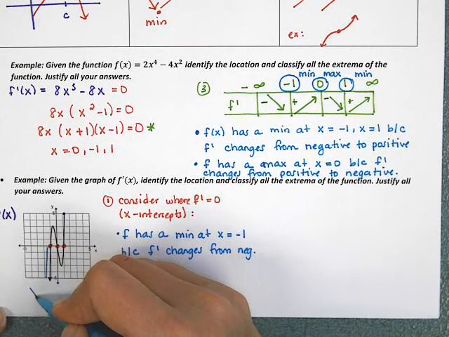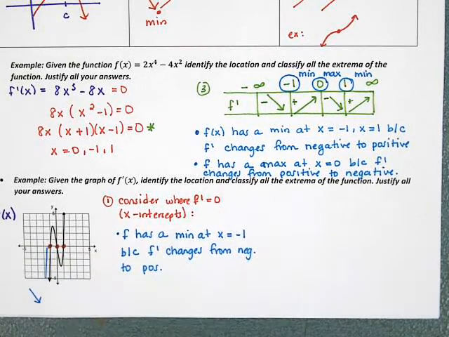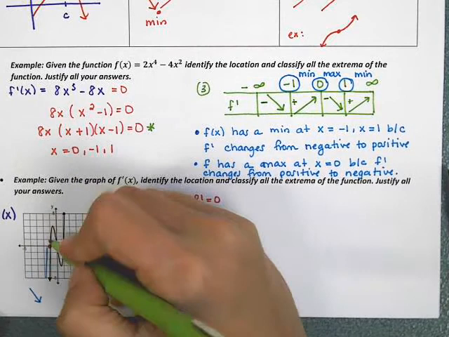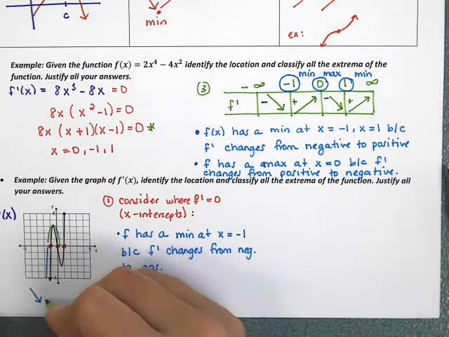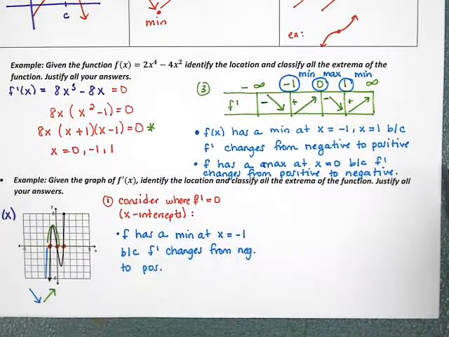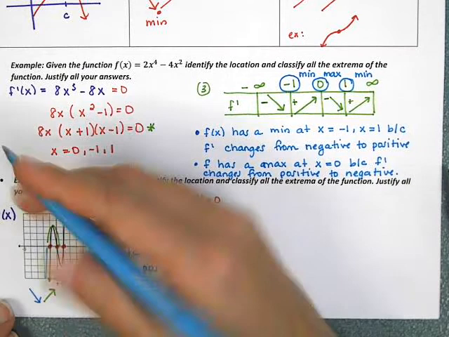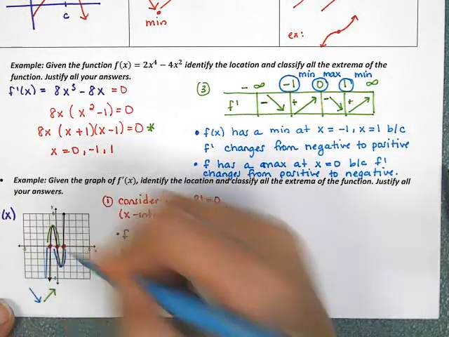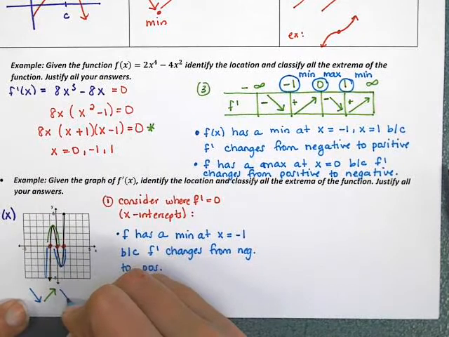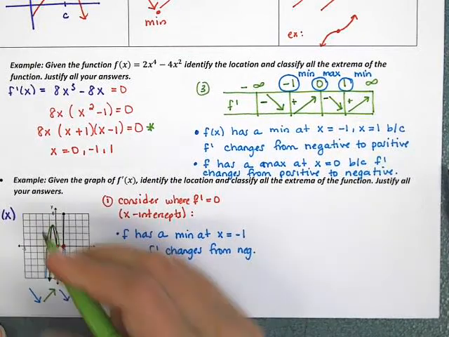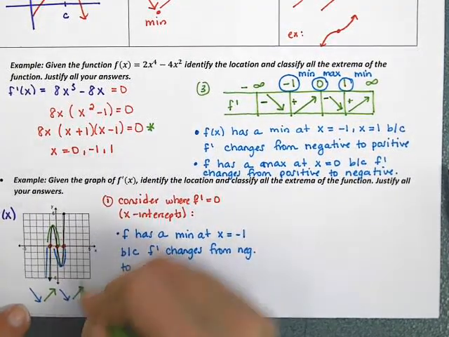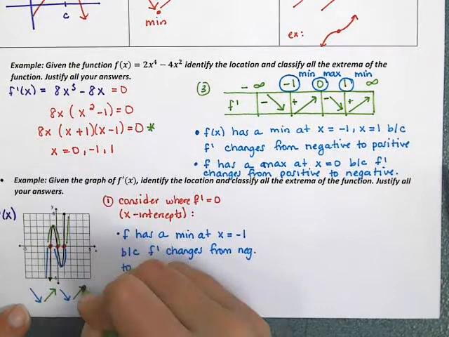the first part of the original function would have been going downhill. Then the graph switches to above, so the next part of the original function would have been going uphill. Then the graph switches to below, so on the original it would have been going downhill. Then the graph switches to above, so it would be going uphill on the original, and then it would stop.